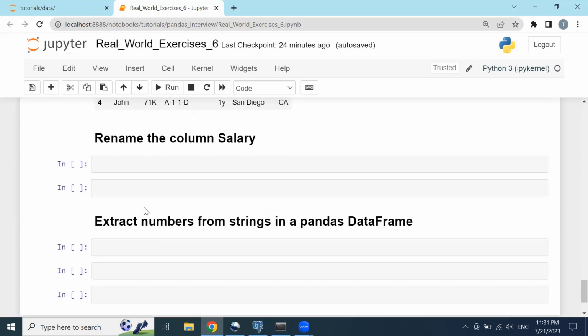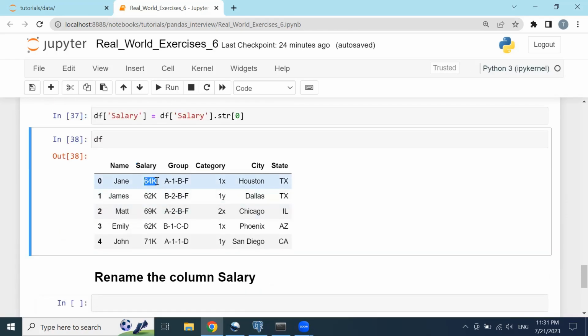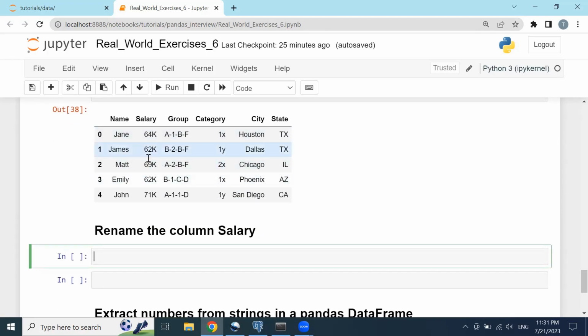Again, we have to rename the column salary if we want to, because we don't actually know if the K is a dollar sign or anything. If I want to change the column name, I can do it based on the currency, because I need the currency to be shown here. It's simple by typing df rename and columns equals to what? First curly brackets, adding the salary here. This is the column name that I want to replace, and I want to replace salary